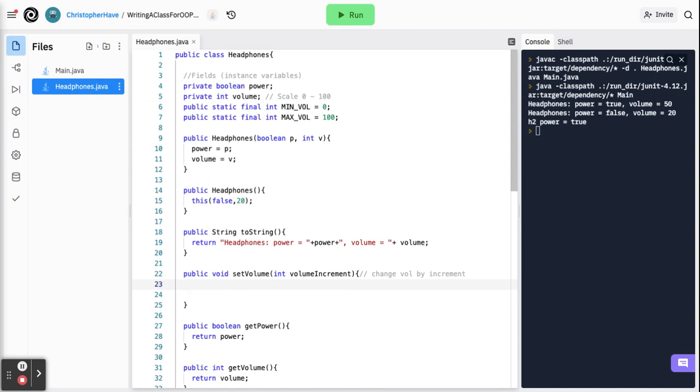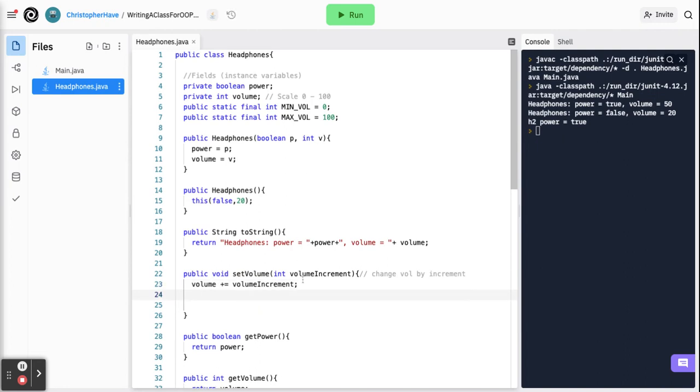At its simplest form, I'm going to say volume plus equal the volume increment. Remember, I could make that positive or negative depending on what I want to do. But I also want to enforce this. So before I let it go, I could do something like if volume is greater than the max volume,